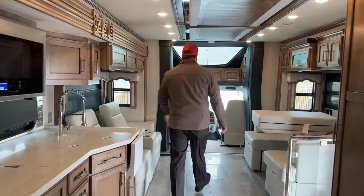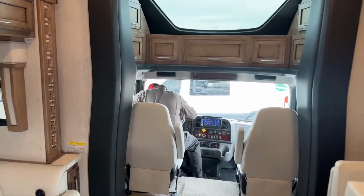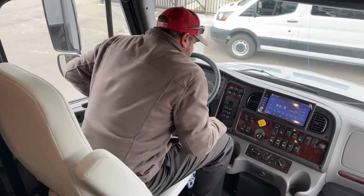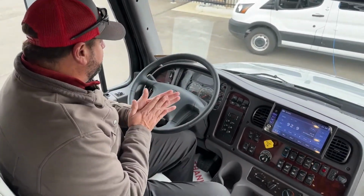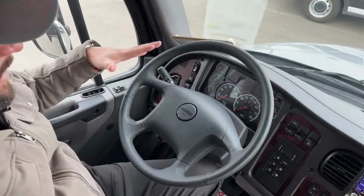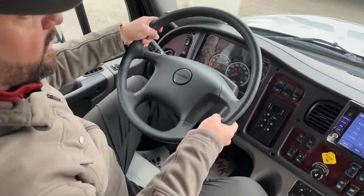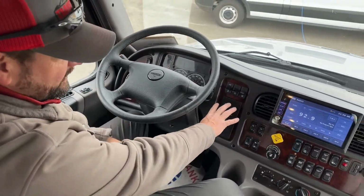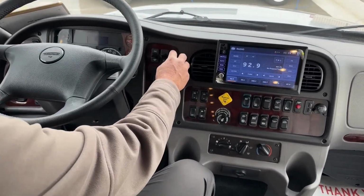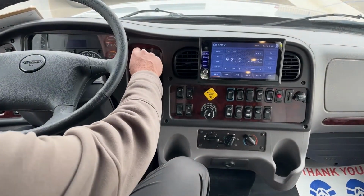Go up front here. Last but not least, I'm going to go over some of the M2106 features. Not a whole lot's changed over the years. You still have your cruise control, resume, set, coast all on the left side over here. Your steering wheel still is adjustable, tilts and telescopes. It is a 6-speed Allison transmission. You have a low, medium, and a high on your engine brake, and that turns it off and on. These are your marker lights,